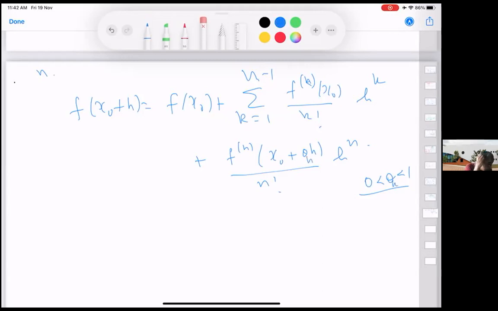Now, so up to n minus 1 degree, all the polynomial terms are 0, the derivatives are 0 at x0, that says that this Taylor polynomial has vanished up to n minus 1 terms. And now you have f(x0 + h) equal to f(x0) plus f^(n)(x0 + theta h) h to the power n by n factorial. As h goes to 0, this converges to f^(n)(x0).